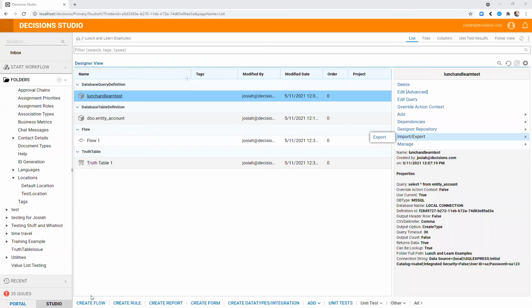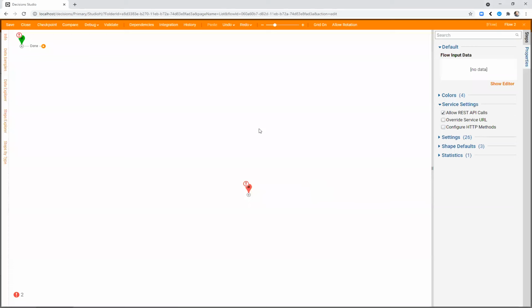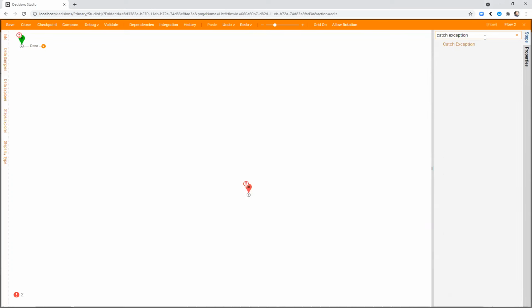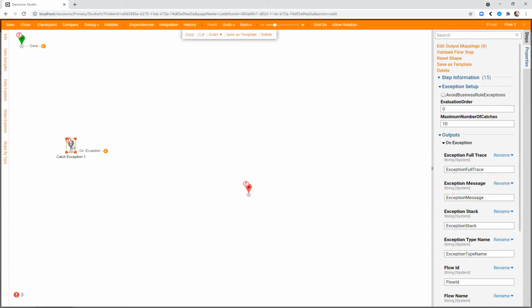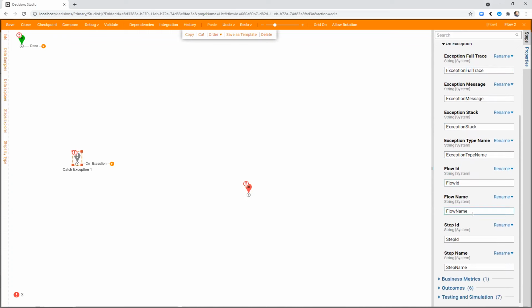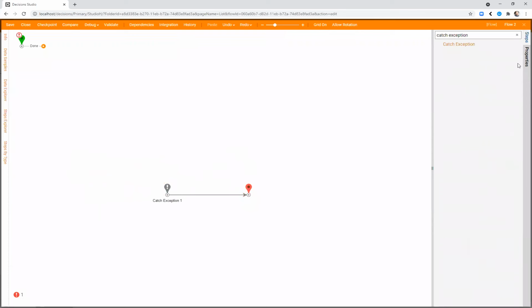So what that looks like, let me create a new flow here. Normally we have a flow, and in here, if we have our error handling, we'll have a catch exception step. And the catch exception step will give us back all of this data about an error message. So we've got full trace, message, stack, type name, flow ID, flow name, step ID, step name. We can take all of that data if we were to pass it to a log step to write it to the logs as we catch this exception. That's all great. But if we decide we want to use a throw exception here,